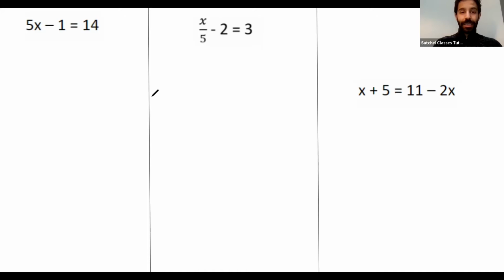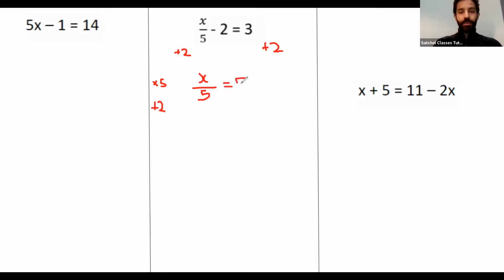So if we're dividing, we will have to multiply by 5. And if we are subtracting 2, we are going to add 2. And once again, do we start with division or the subtraction? Well, we're going to get rid of the subtraction first because we are following the opposite direction of BIDMAS. So I'm going to start by adding 2 to both sides. So minus 2 plus 2 is just 0. We're going to end up with x over 5 on this side, and that's going to give us 3 plus